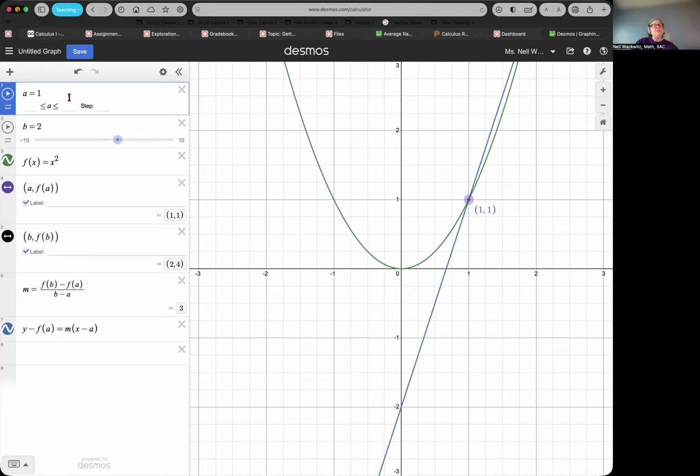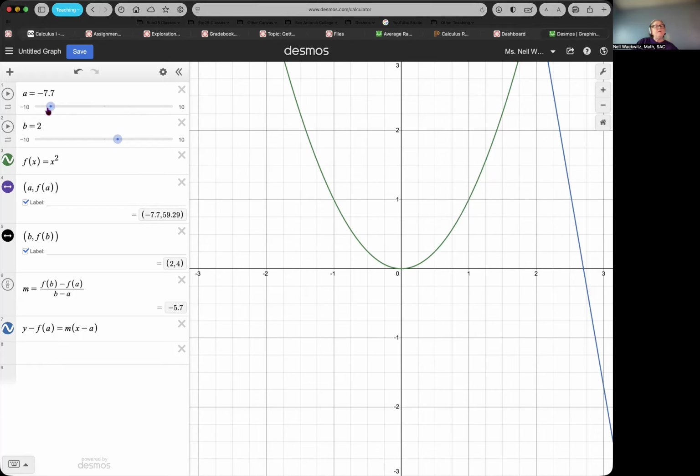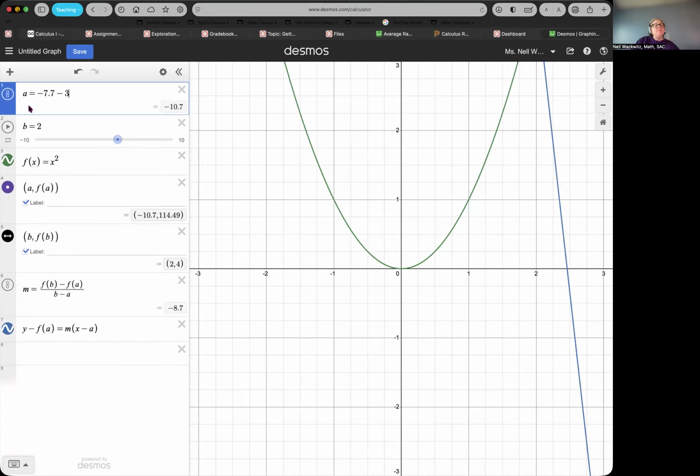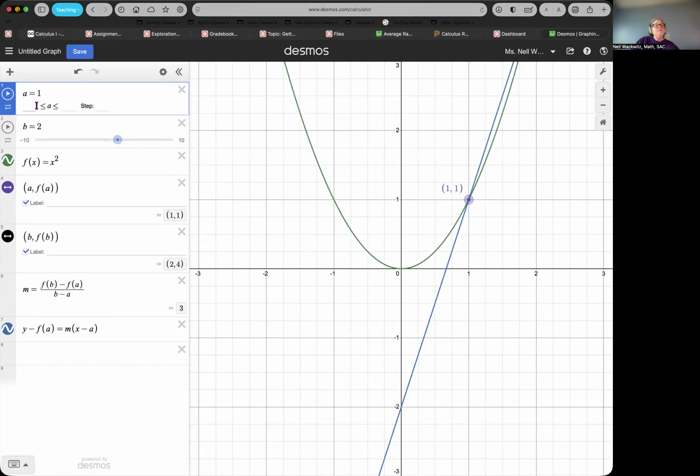So I'm going to tap into A, and let's change the values for A to -3 to 3, and I want a step of